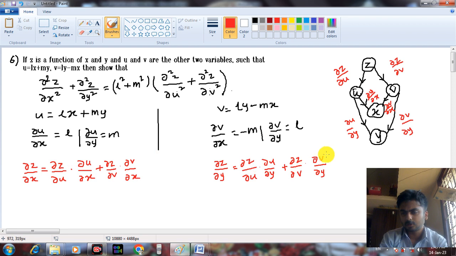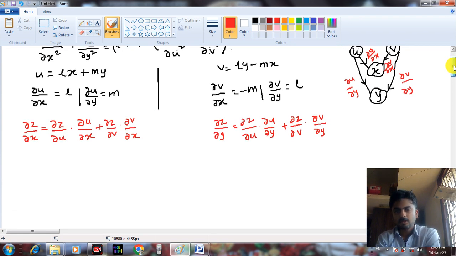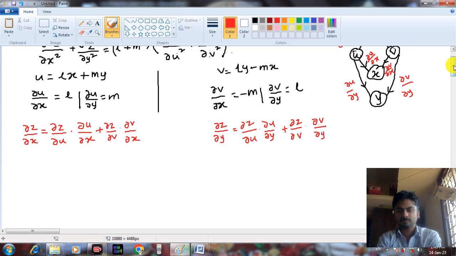Okay, now here we are having z, also here we are having z, but we do not know what is the value of z. So we can make use of ∂u/∂x, ∂v/∂x, ∂u/∂y and ∂v/∂y, but we are not able to find the value of ∂z/∂u, ∂z/∂v directly. So here the value is given by